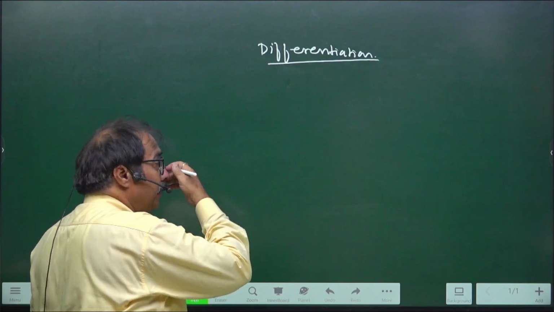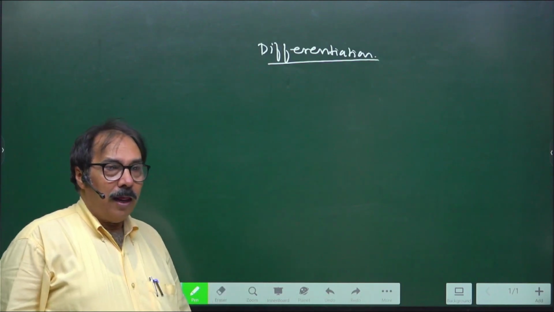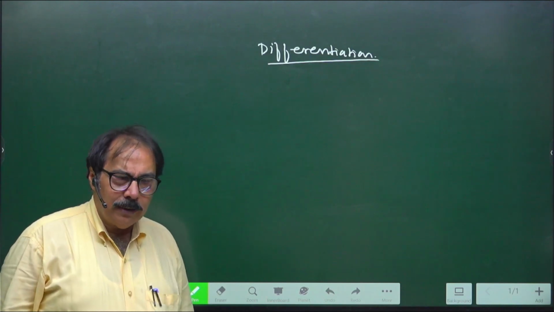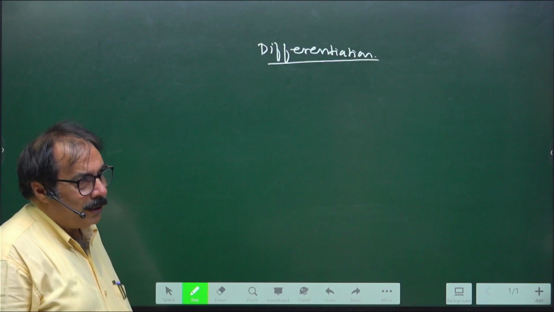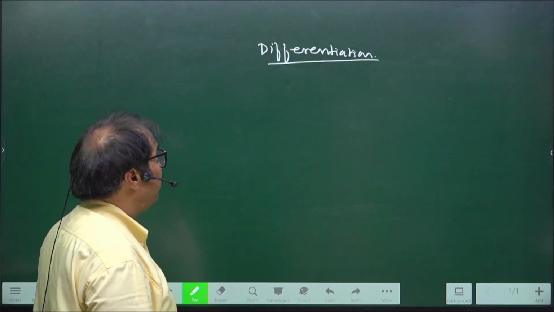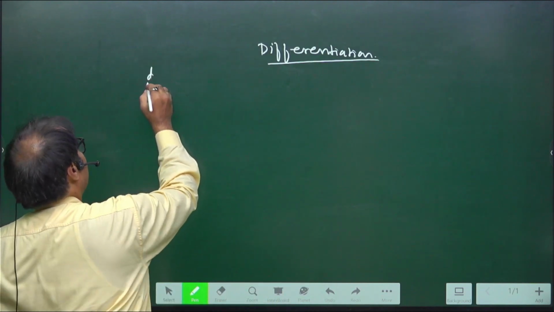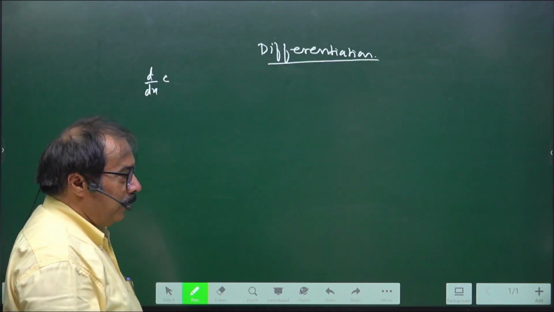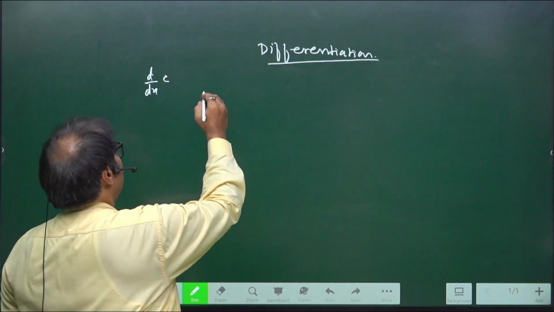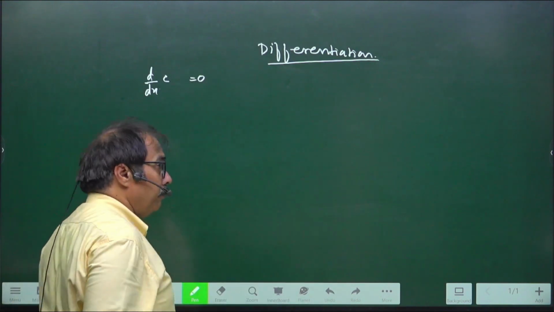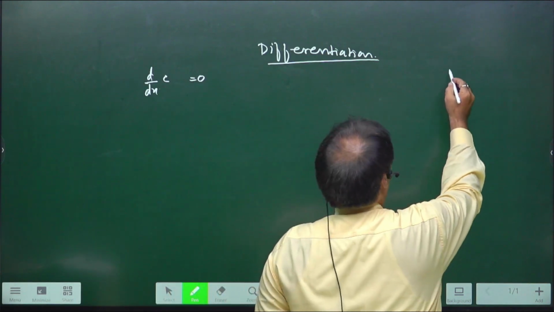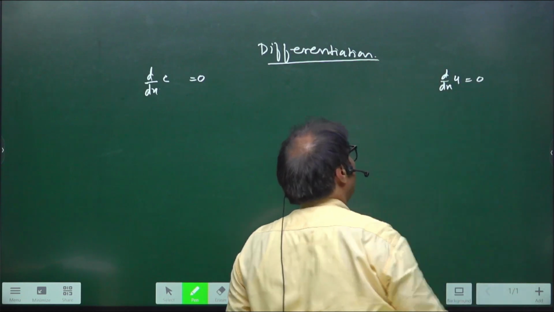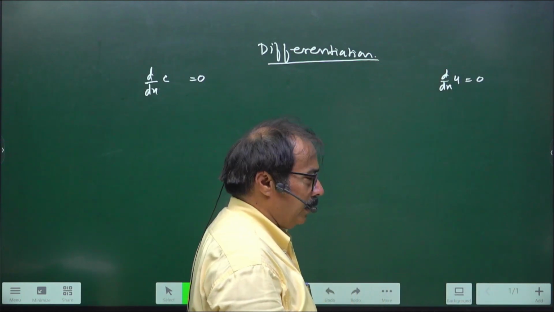First try to learn these formulas, and we will apply two methods, that is the product rule and the quotient rule, and then we are able to solve the questions of differentiation. So here d by dx of c means the derivative of c, where c stands for constant. For example, find the derivative of 4. The derivative of 4 will be 0 because 4 is constant, right?